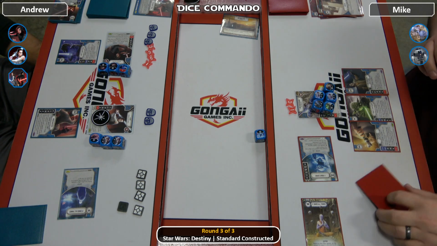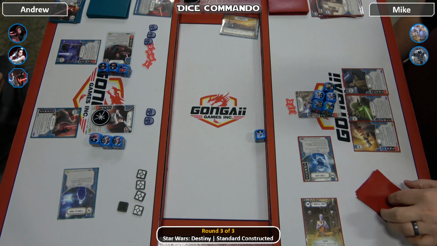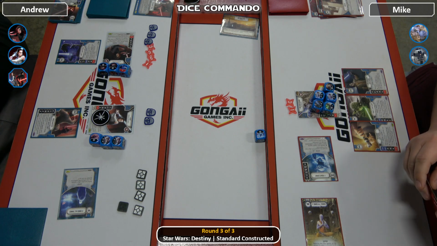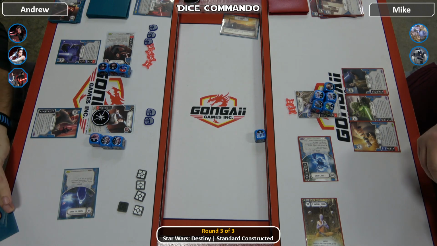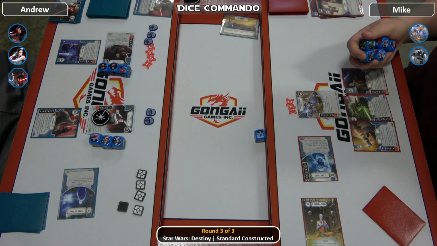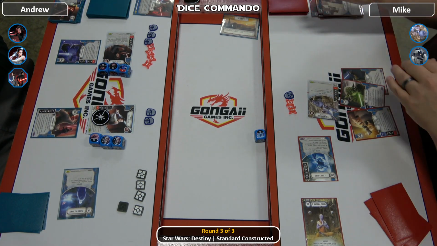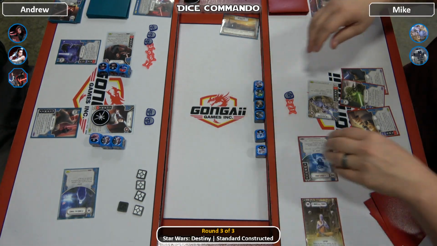Mike's thinking about it, actually. He doesn't want the redeploy to happen, but it's 1 more damage. Yep, so that's what Mike's debating right now, is the extra die roll in worth the 1 damage. Alright, so Andrew has 3 cards in hand. Okay, so he's going to leave it. He's going to take 1 damage. He's going to roll in Obi. And depending on what Obi rolls, he may not actually take that damage. Andrew may have to control, but...